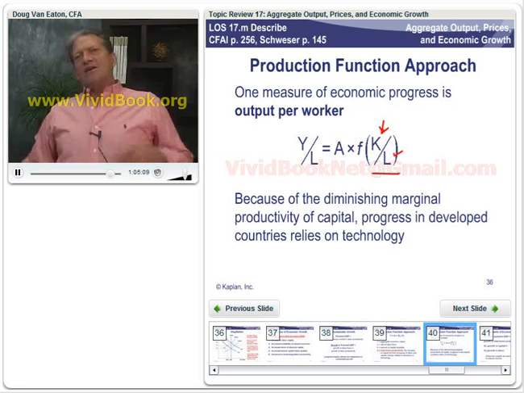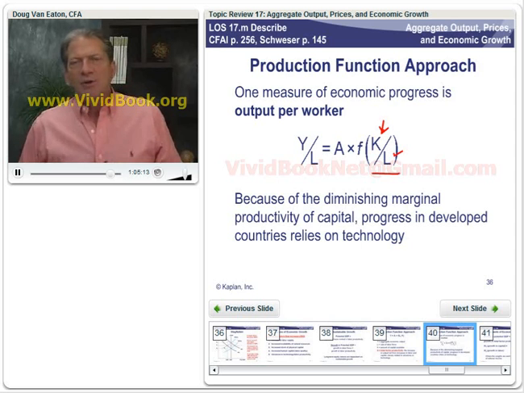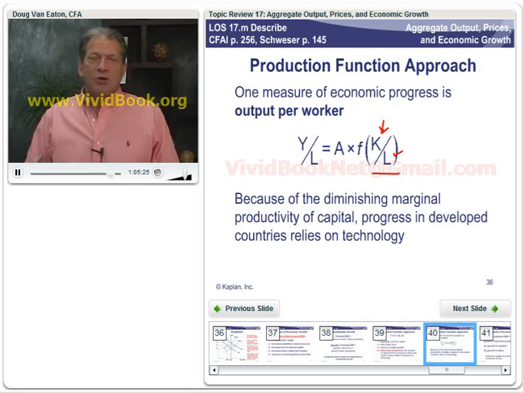The idea is you take an amount of labor and start adding capital goods, and productivity goes up and up and up. But because of diminishing marginal productivity, as we hold the quantity of one input constant and keep adding more and more of another input, at some point